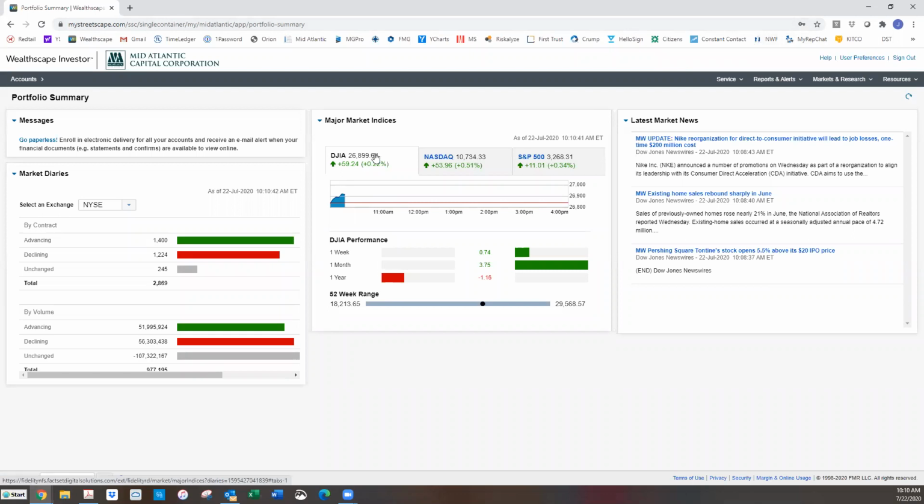If this is your first time logging in, it may ask you to set some additional security questions, in which case you would just follow the prompts to do that. So on the main page here, the first thing I want to show you is the